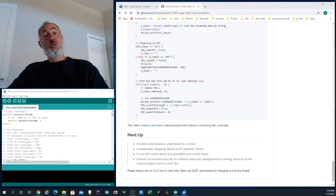So once again, in order to keep this video short, I did create an additional video called Arduino Simulation. And in that video, we actually walk through changing different parameters using the serial interface to create the pulses and then compare those to the ones being generated by the laser's controller board. It's pretty straightforward, mimics it very well,